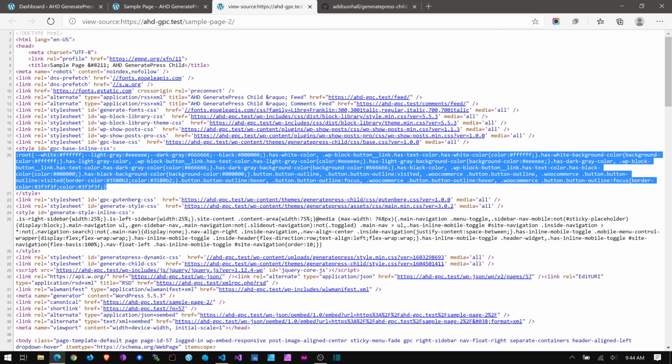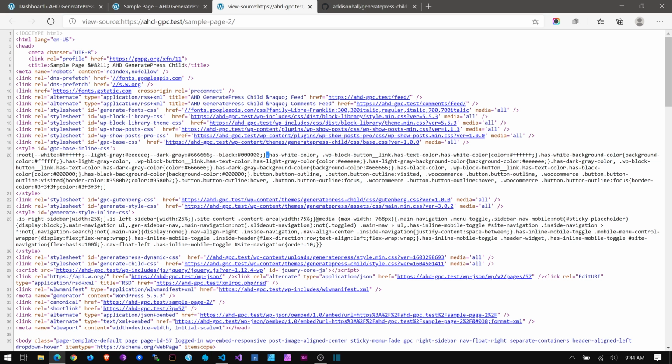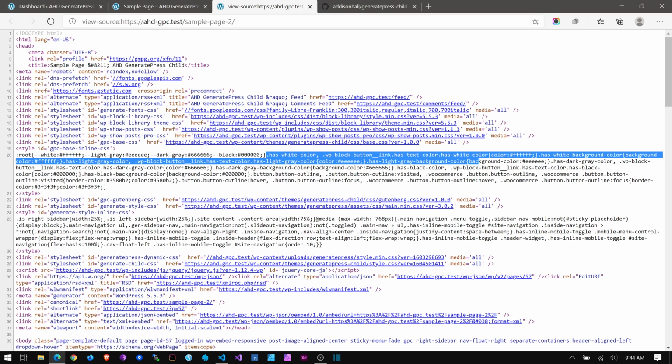So you get your colors. So all these colors that you define become CSS custom properties or variables, whatever you want to call them. And it also adds the colors for you to use in your styling. So you get these custom classes, both in the color classes and apply to buttons, our link colors, and also